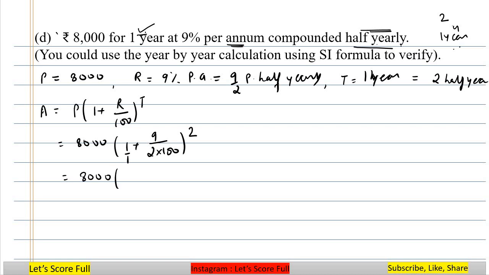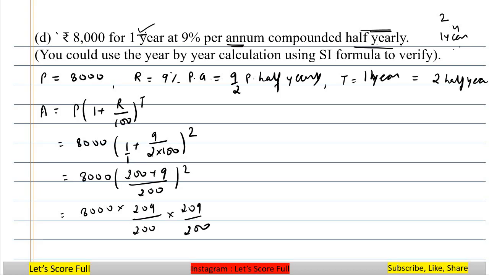Make the denominator by multiplying 200 to numerator as well as denominator. Now this is 209. So we can do 8,000, 209 upon 200 twice because the power is 2. And then do the simplification. 2 zeros, 2 zeros, 1 0, 1 0, and so on. The amount will be